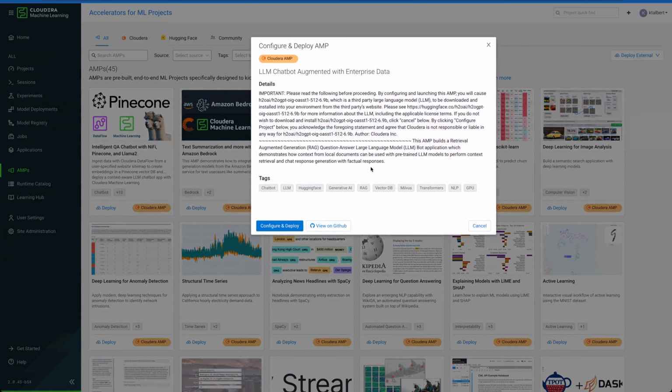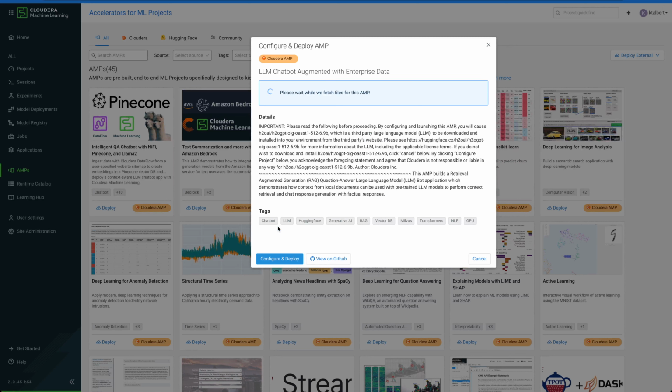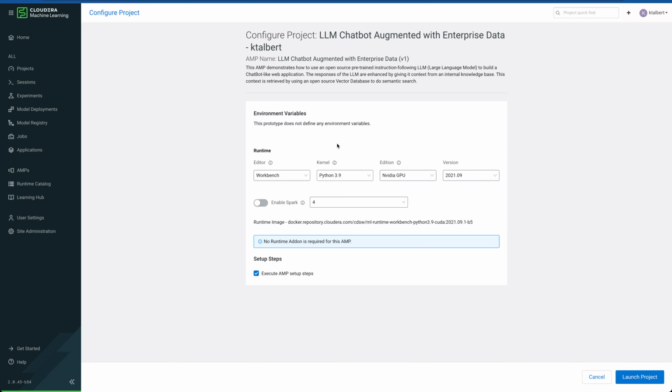If you notice here, several different tags, of course, the primary one for today being Milvus. Whenever I click Configure and Deploy, I have the option to essentially specify a number of parameters that I want to include as a part of the deployment. In this case, this is pretty well built out, so we don't really have to specify anything other than the runtime. I'm going to go ahead and jump up to the latest runtime, take the other defaults,